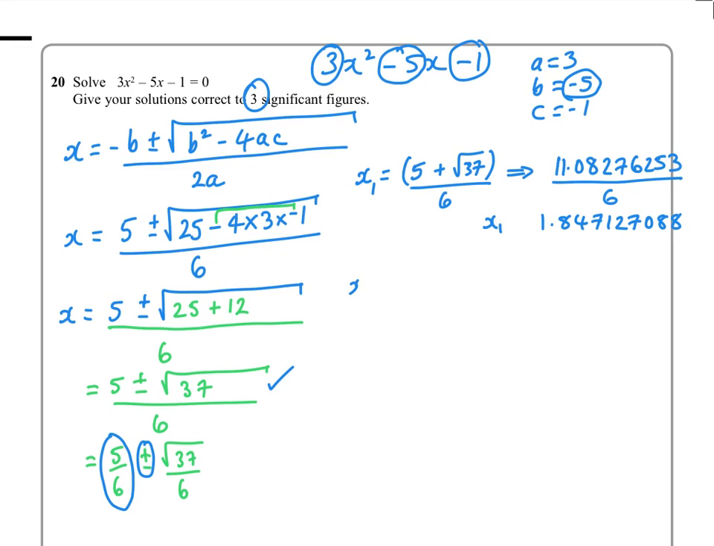And then your second solution would be 5 minus root 37 over 6. And some of you can use your calculator in faster ways than me. So 5 minus 37 to the power 0.5. I say to the power 0.5 because that's the same as square root. And some of you have different calculators. As long as you make sure you've got a bracket here if you want to do it all in one go. So I get the numerator as negative 1.08276253, and then I'll divide all that by 6, and I would get my second solution as negative